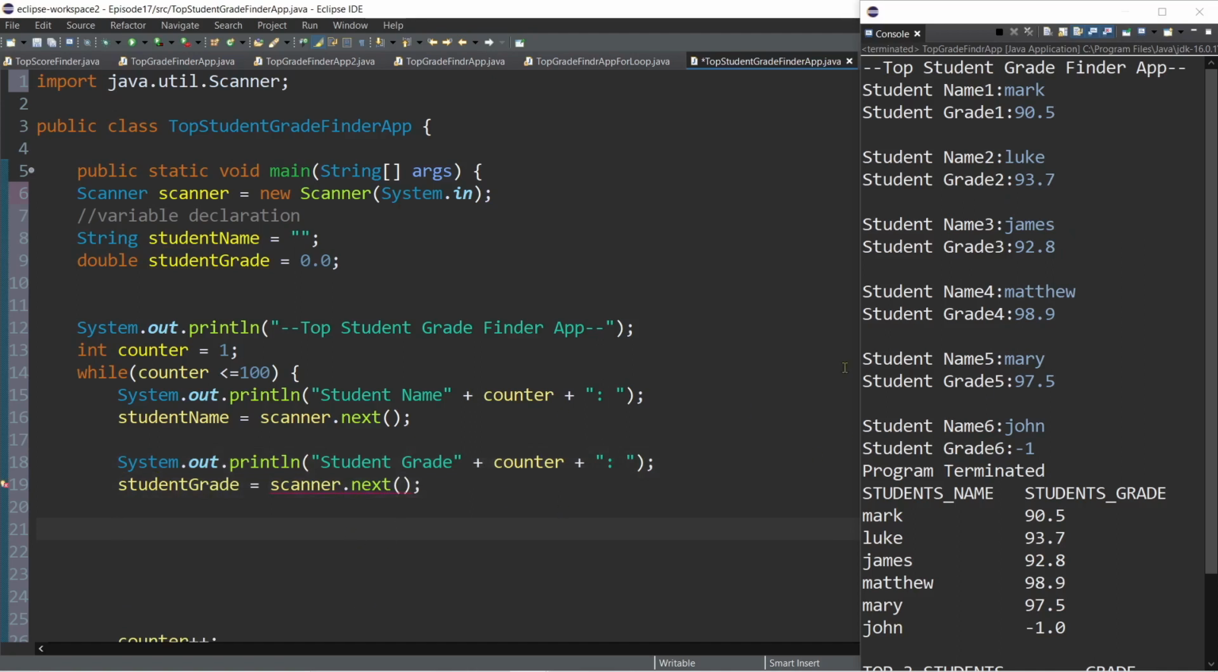Take note that the next step is, of course, to compare. So let's say 90.5, we need to compare it to the previous value, or to the current value of our student grade. So we will be needing an if statement here. So if student grade, which is the current value of student grade, or the first input of the user, is greater than what? We will be needing other